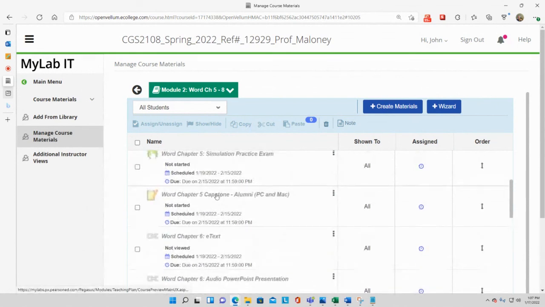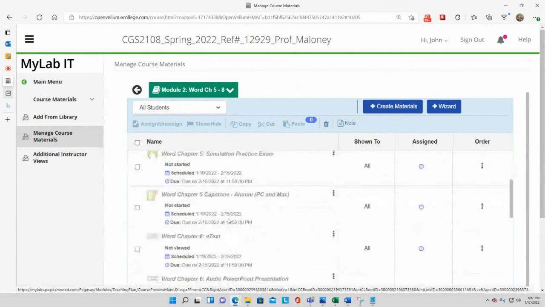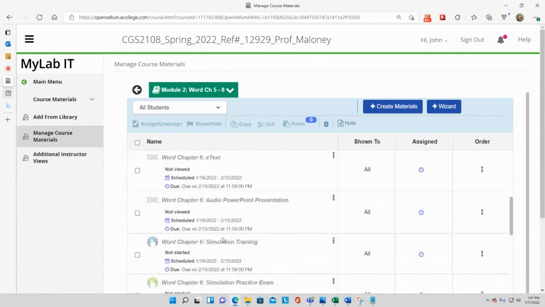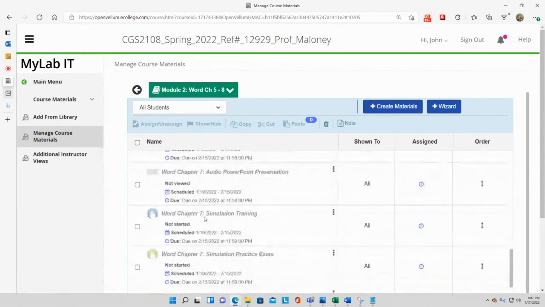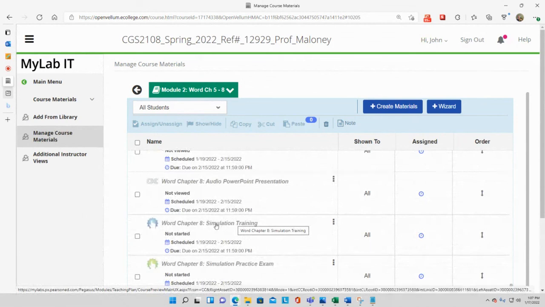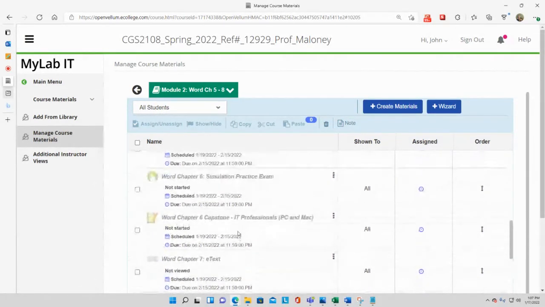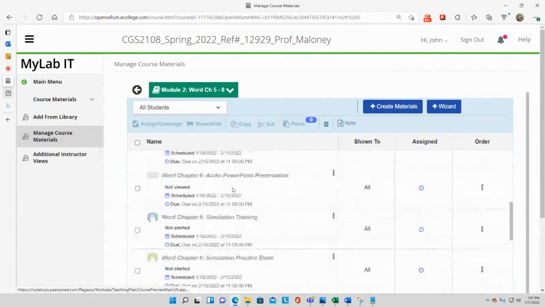But I say do chapter 5 simulation training. Then I say do chapter 6 simulation training. And then, in my opinion, do chapter 7 simulation training, then chapter 8 simulation training. You can write down notes while you're doing these trainings, okay? And those notes can be used on your Word exam on February the 16th. All right? Importantly also, once you do those trainings, then go back to chapter 5 for the